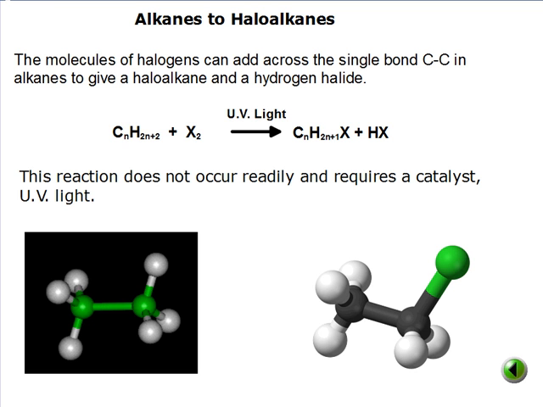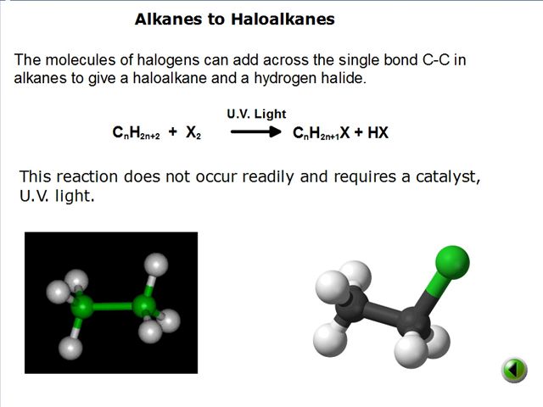Now remember, the halogens are the group 17 elements. That's your fluorine, chlorine, bromine and iodine. Okay? The halogens are often represented with an X or X2 for the element, X minus for the halide ion, chloride, fluoride and so on. Okay, so molecules of halogens can add across a single bond to convert alkanes into haloalkanes and a hydrogen halide,